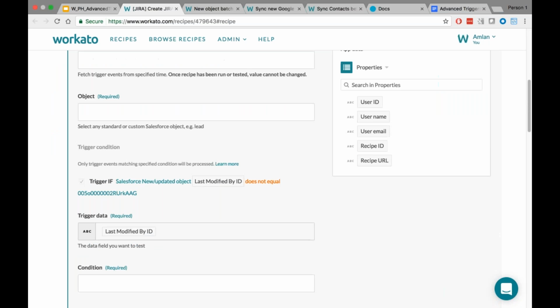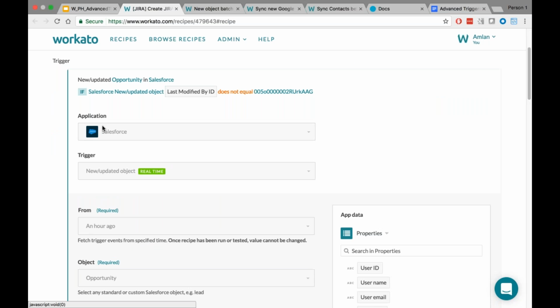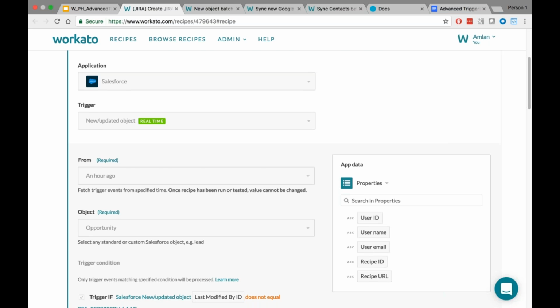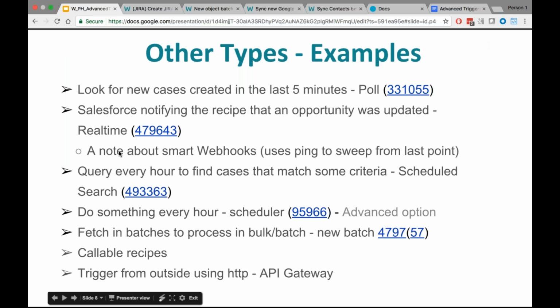So this one is a real-time use case, and again, it has got everything similar to the other one, where you select an application, you select the trigger, and then you specify how long back you want to go, and select the object and so on, right? One thing I wanted to mention about webhooks or the real-time triggers is that